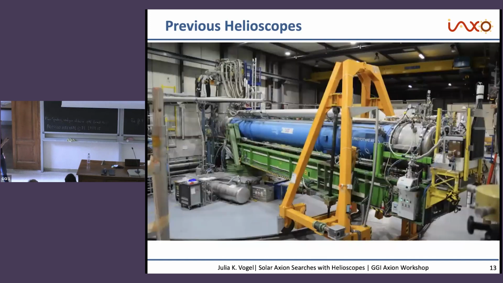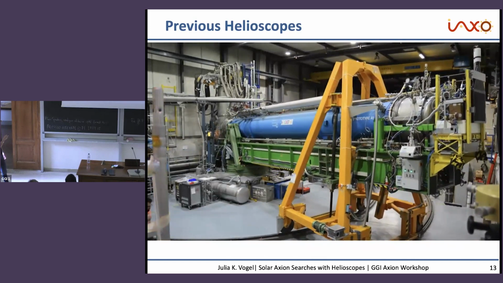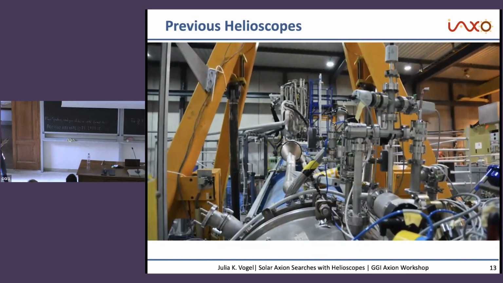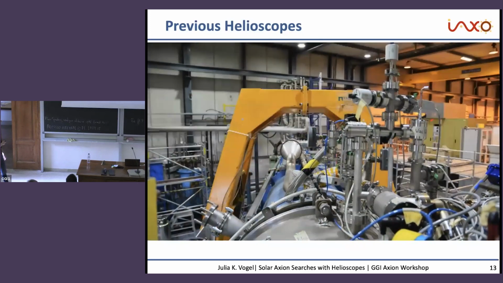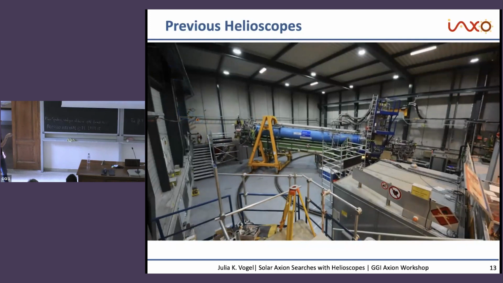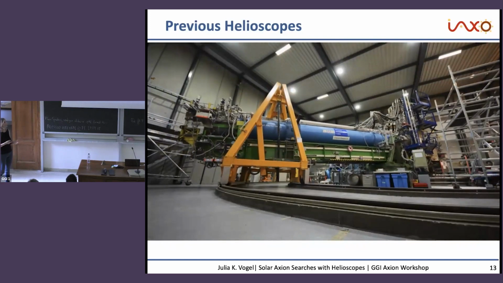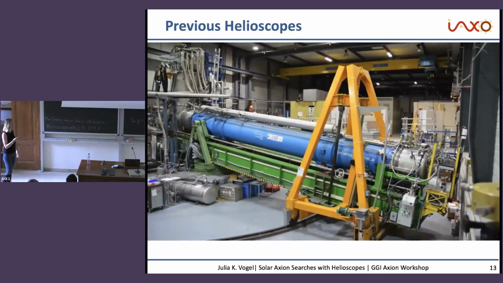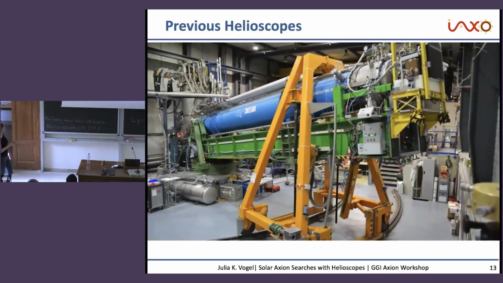So this is what the CAST experiment looks like in action. Obviously a time lapse, but what you see from very bottom to very top corresponds to 1.5 hours. So that's one solar tracking, following the sun from -7 degrees to +7 degrees over the horizon. So these are just different perspectives. You can see here we have a tiny little window up here. So twice a year we can also directly visually observe the sun and verify that we are indeed pointing to the sun. Although we generally rely on the alignment by surveyors, as a proof of principle we will do that as well.